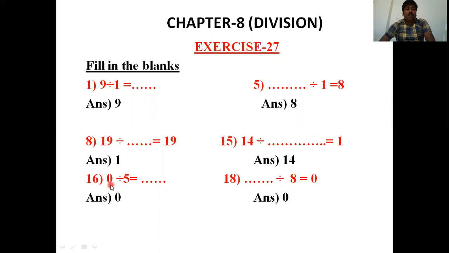Okay. Now here is the question, 0 divided by 5. You know very well from these properties, when we divide 0 by any non-zero number, then we get 0. Now here 5 is the divisor, which is a non-zero number, and 0 is the dividend, and when this non-zero number divides the dividend, we get 0. Now here the answer is also 0.